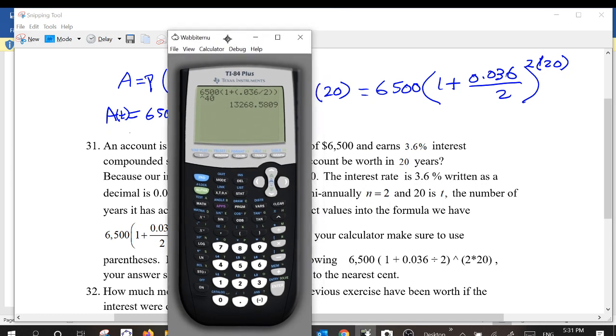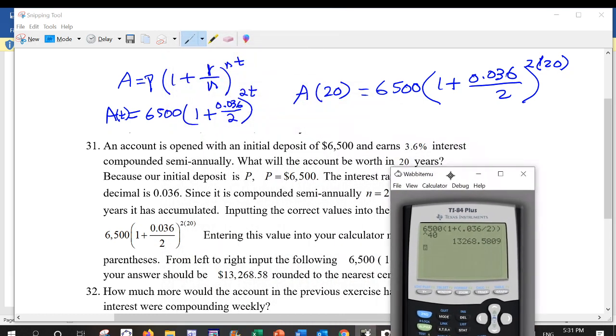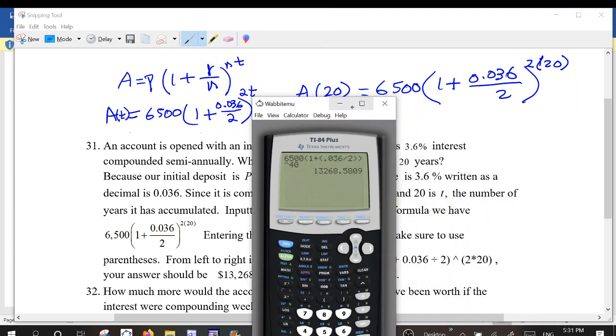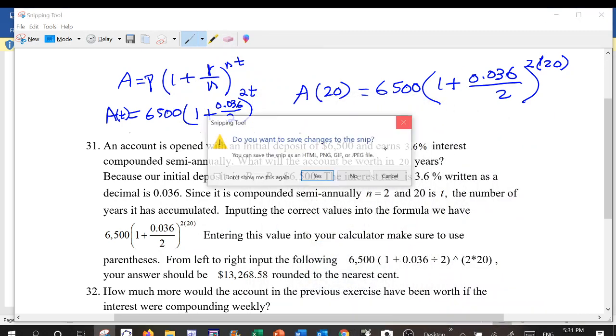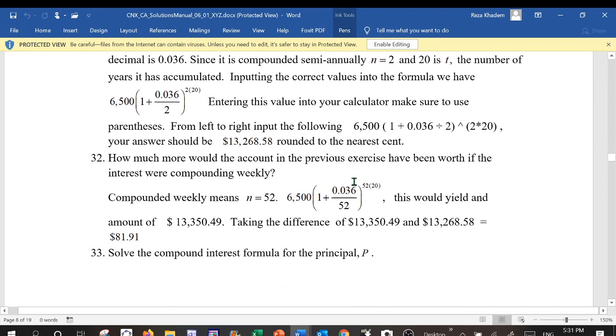So we're going to have $13,268.58 in the account, right? So that is the idea of using compound interest. Let's do